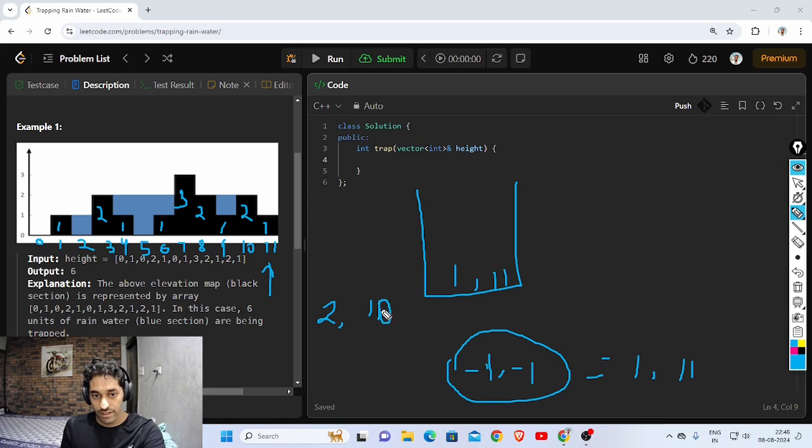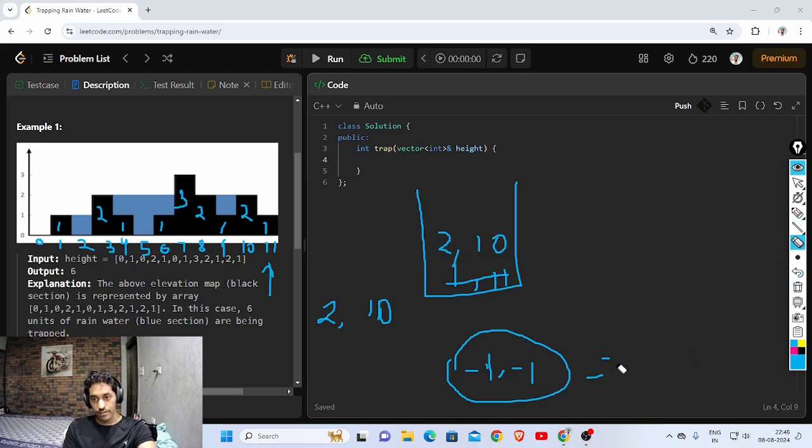Sorry, this is 10. So 1 comma 10, I'll update it. It's not going to matter because the height is going to be 0, or the distance between them is going to be 0, but still I'll have to update it, and then I will find that 1 is smaller. I want something greater, so I'll pop it, but eventually I'll see that there's nothing smaller. So this is going to be the information that I'm going to show for this building. I have popped this, so I'll push this 2 comma 10,